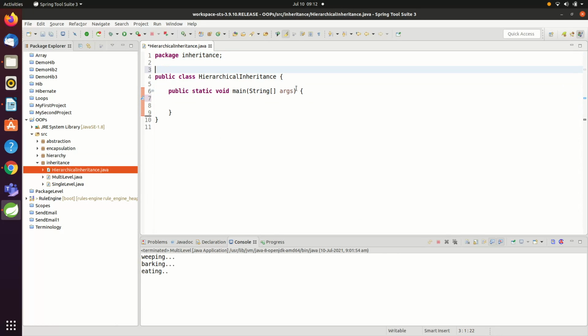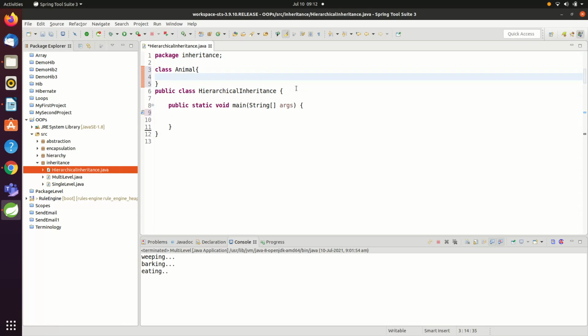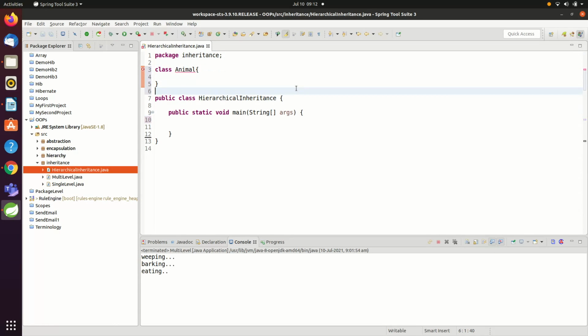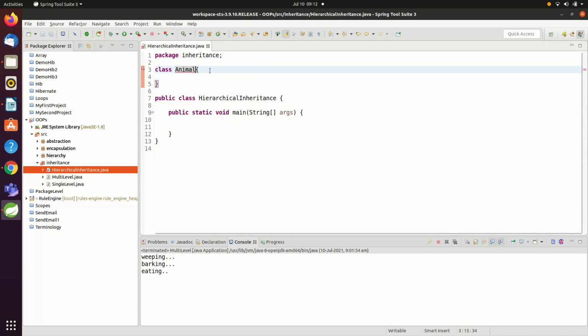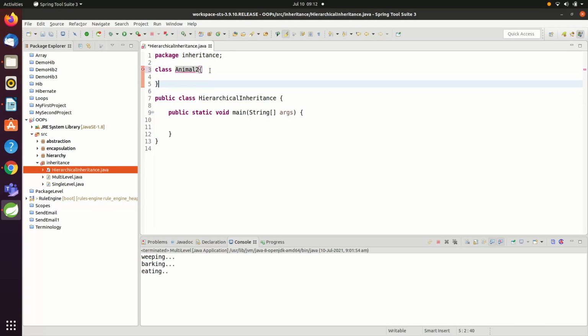Now we will create new classes, class animal. It will show red line because we already have a class named animal. So I will give a different name, class animal 2.